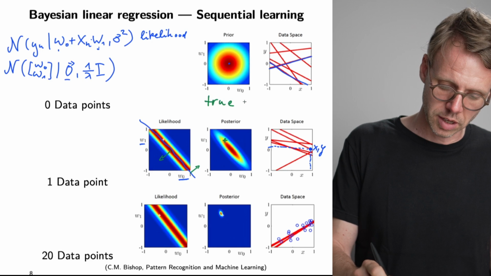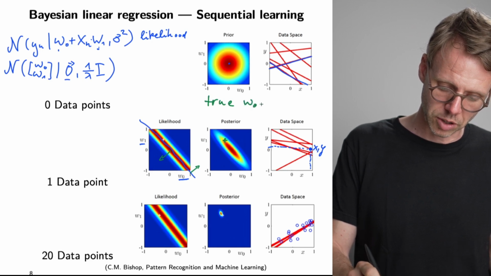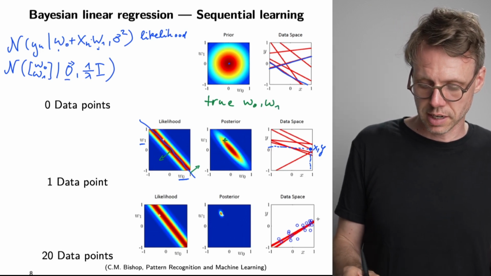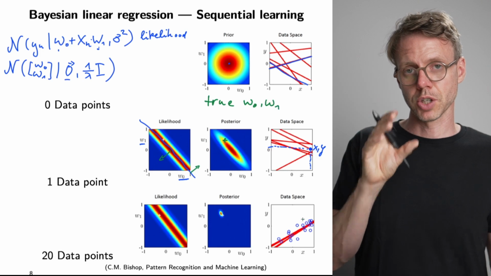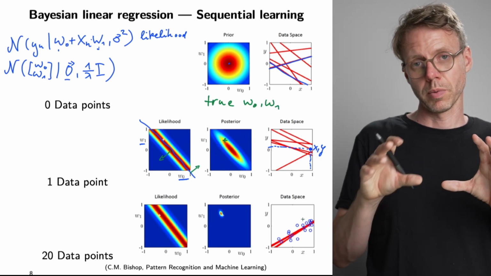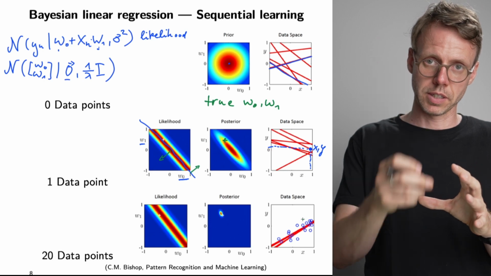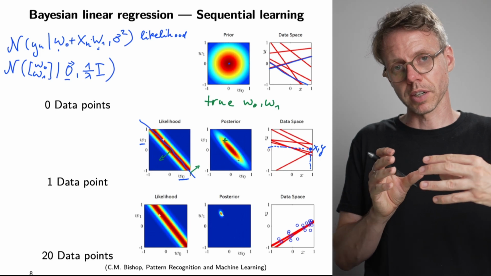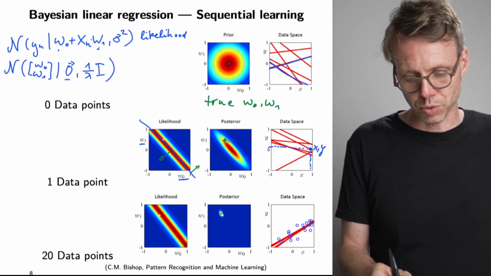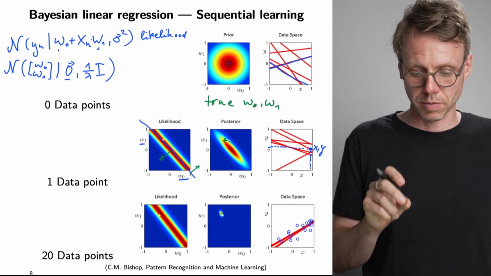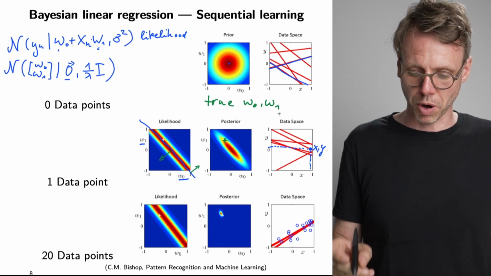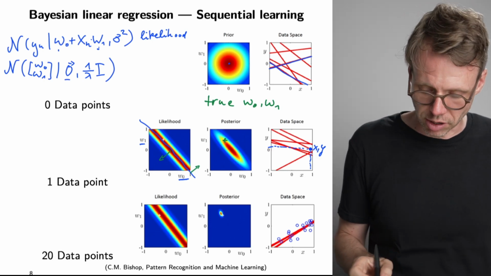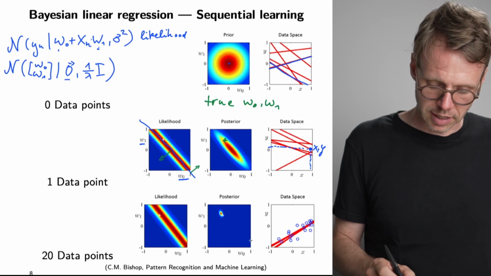true W0, W1 that perfectly describes the linear relationship for our training data. As we now sequentially receive more training data points, this posterior distribution will closer and closer go to this true value for W0, W1. So after we have observed 19 data points and we get our 20th, we see that